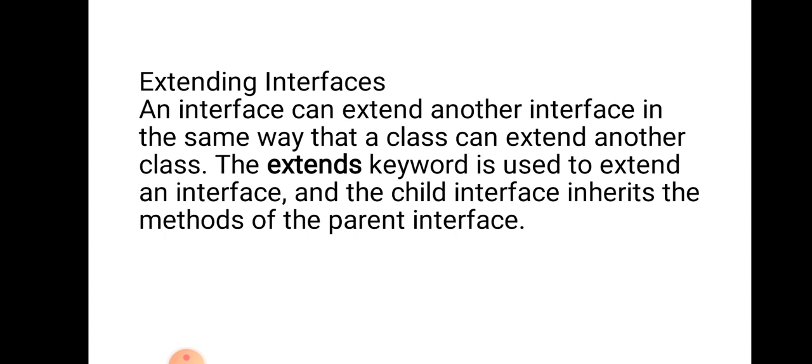So when a child interface wants something from a parent interface, we use extends, and if a derived class is taking something from an interface, we use implements. Remember, this is very important: when to use implements and when to use extends.